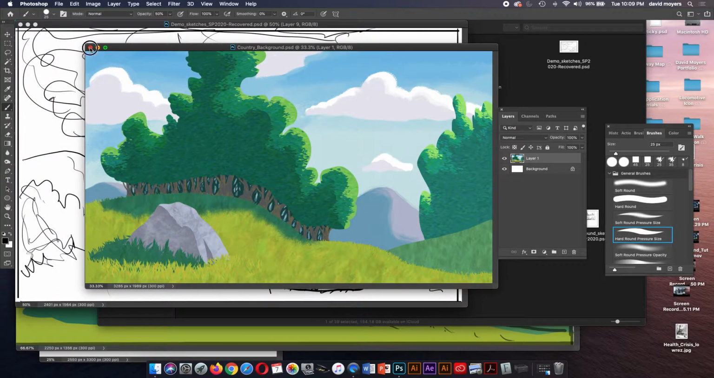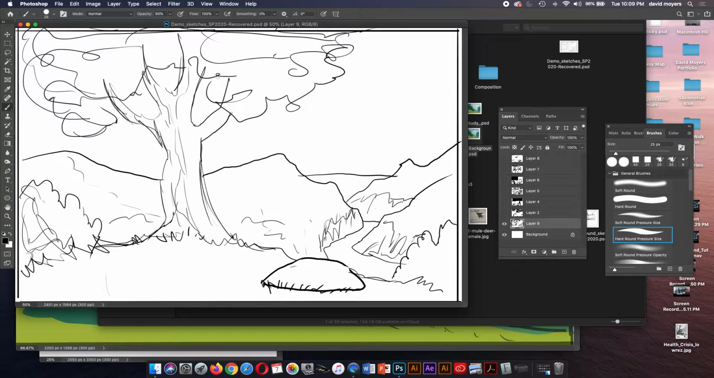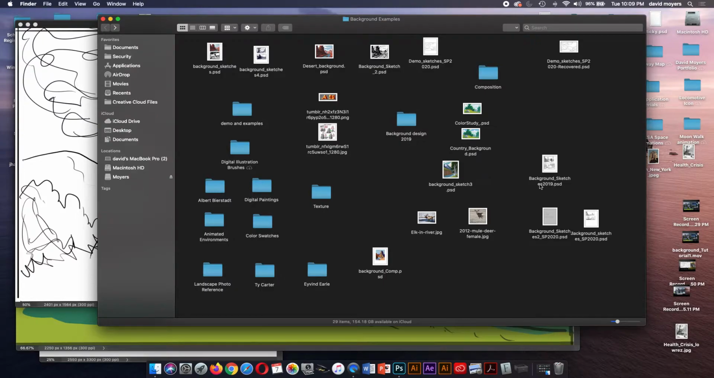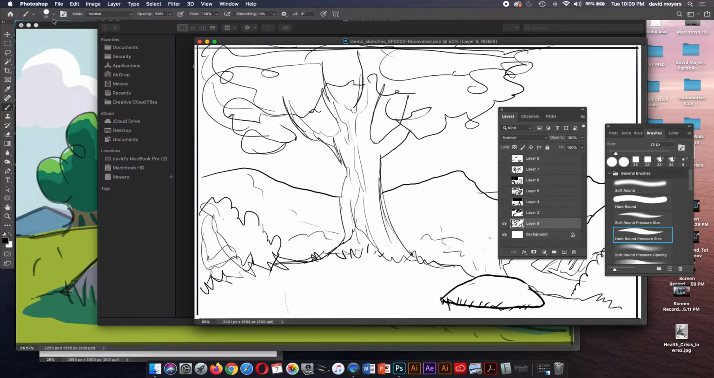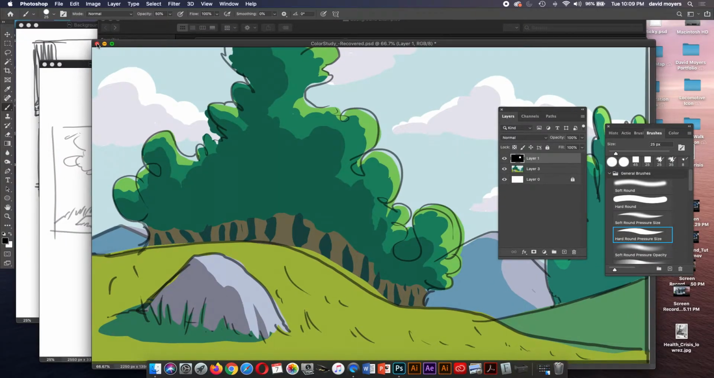So let me close that one up. This is actually the piece I'm going to demonstrate with. But before I get into that, I'm going to do some sketching for you, in case you're sketching in Photoshop, or on your tablet, because usually I will sketch,